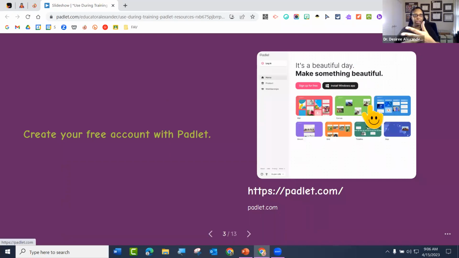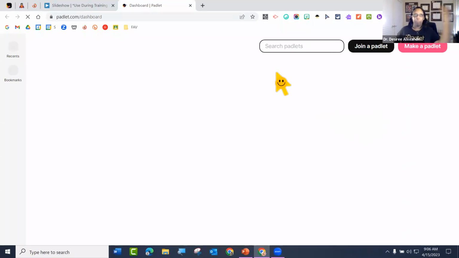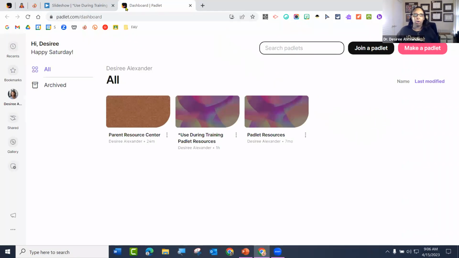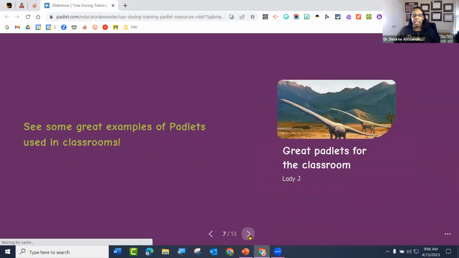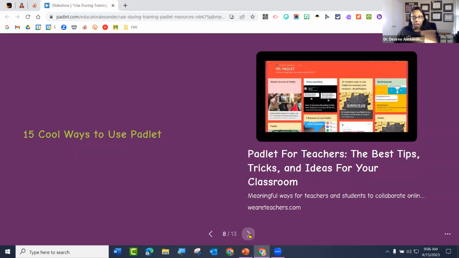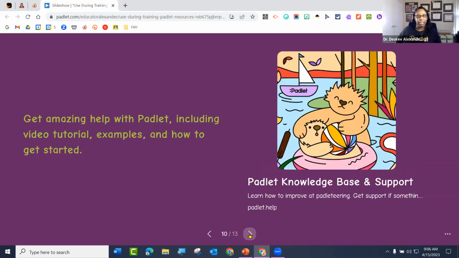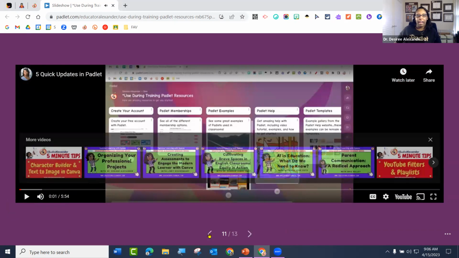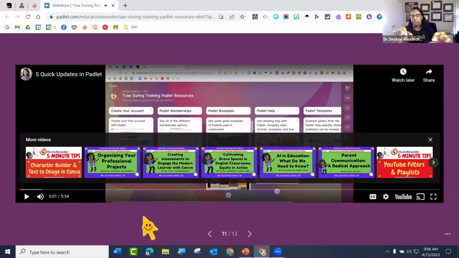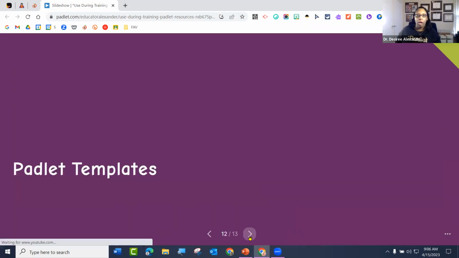If it was like a document, I could slide it down and up. I can click on it and it'll bring me to it. So you have a very interactive slideshow just sitting here waiting on you. And I can just keep going through the slides. If it was a video, it would play the video. It's an interactive slideshow. There you go. Here's my video. Hello, everyone. And I didn't have any words. That's why you don't see any words. It's just the big video because all I did was post the video. I didn't put any words with it. But there you go.